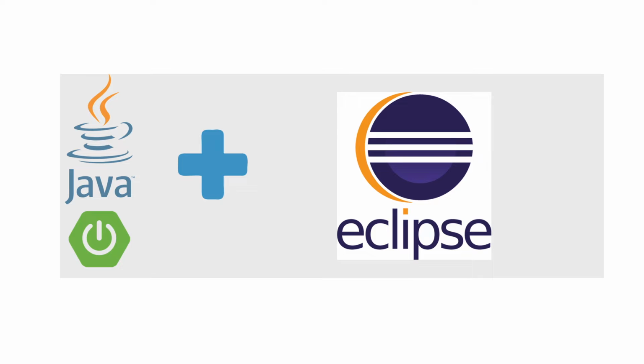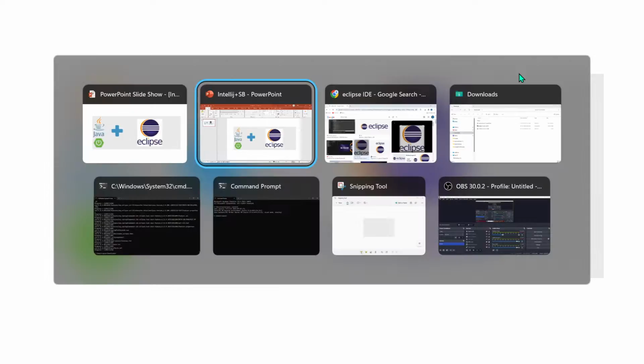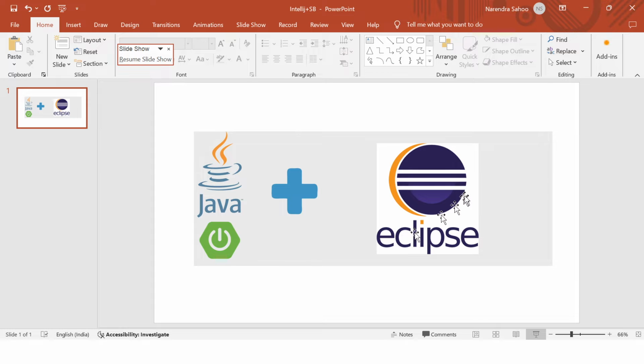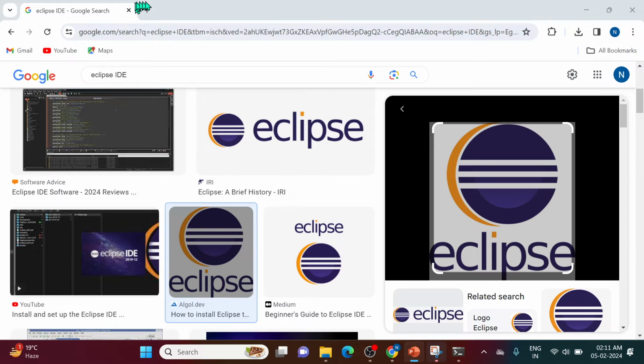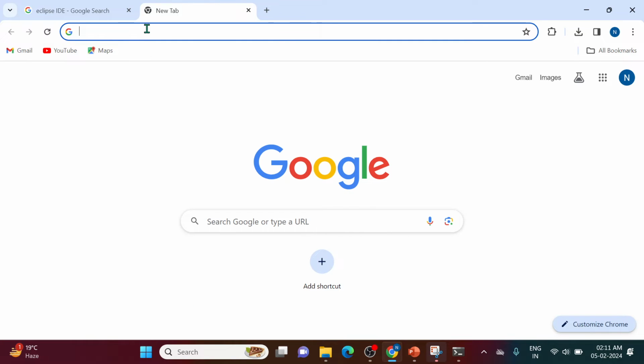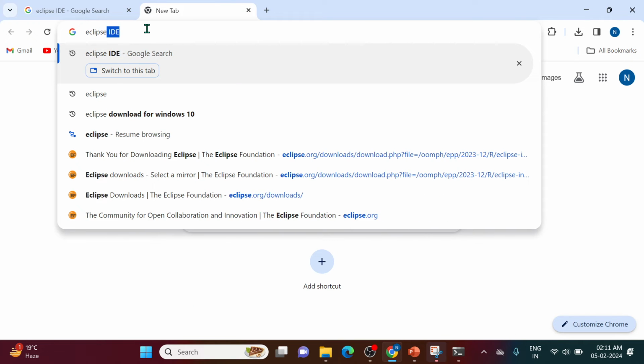Hi all, in this session, let's see how to develop a Spring Boot application using Eclipse IDE. For that, I will go to any browser and install this Eclipse IDE. You type here Eclipse